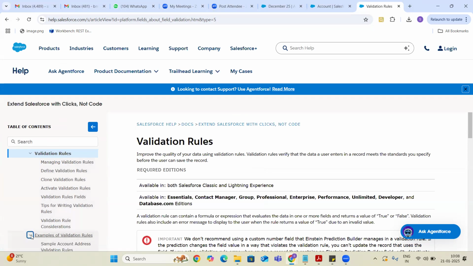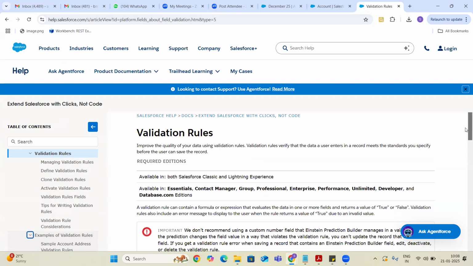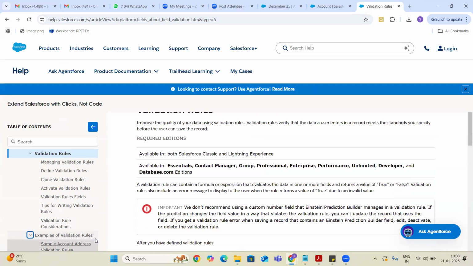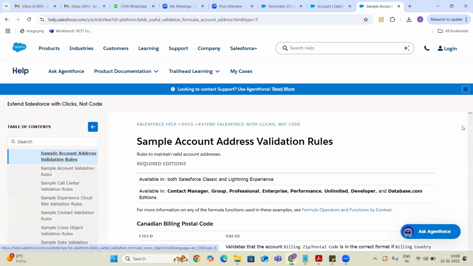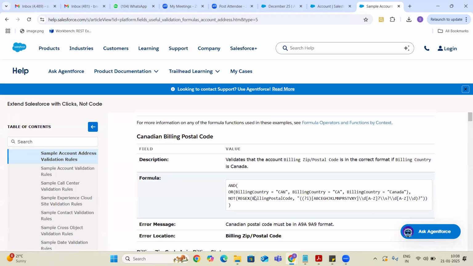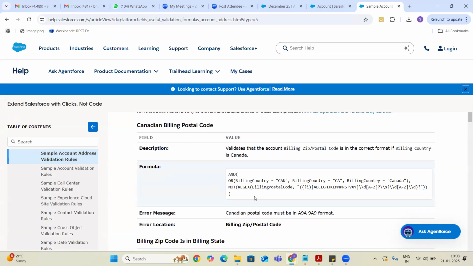There are examples of validation rules. You can go through these examples one by one whenever you get some time, so that if you are comfortable and familiar with the scenarios given here, you can easily write validation rules in your org.